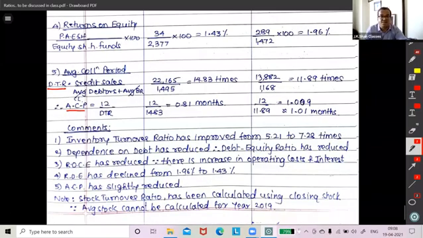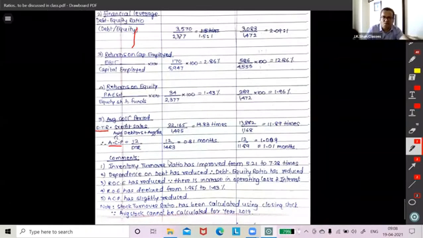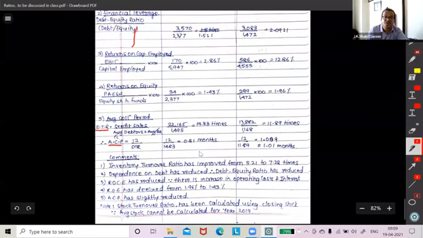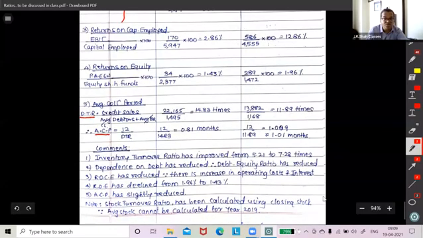Yeah. Then if you check out, returns on capital employed has fallen because of the increase in the operating cost. If you check operating cost and interest, both have increased. Similarly, returns on equity has declined, okay, from 1.96% to 1.43%. Average collection period has also slightly reduced. Okay, so guys, today I have given you in writing all the notes, right? So more explanation, okay,